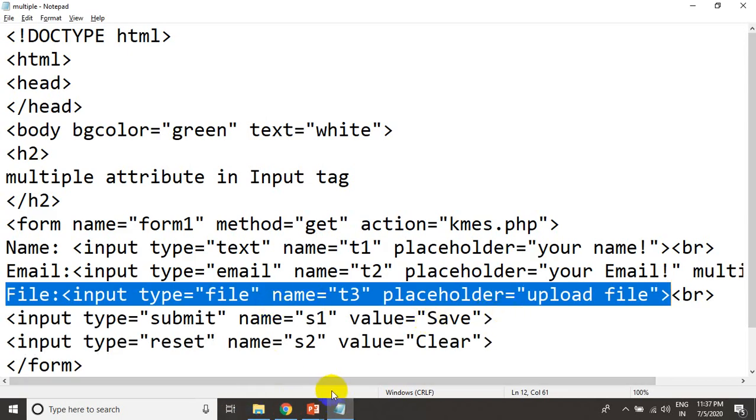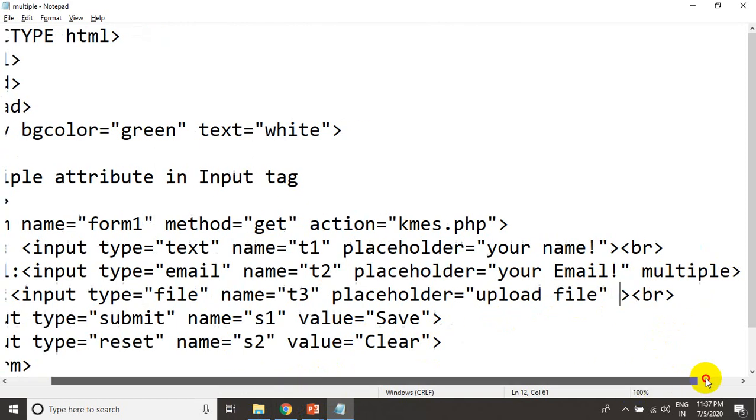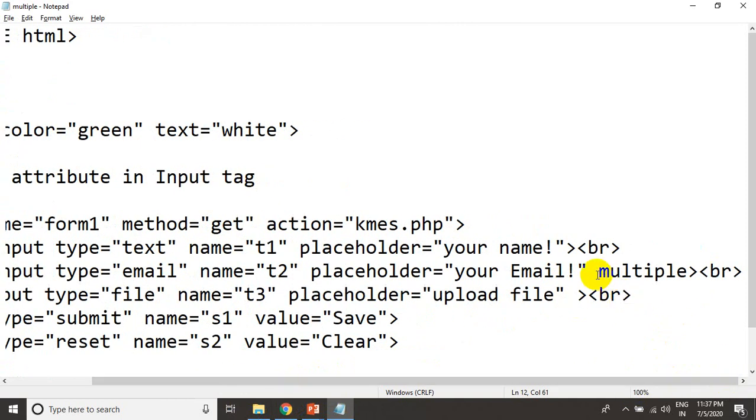But if you add the multiple attribute, the same attribute which I added in input type equal to email, I just want to copy this and paste it. Control V. Multiple again works as a boolean attribute which accepts only true and false.